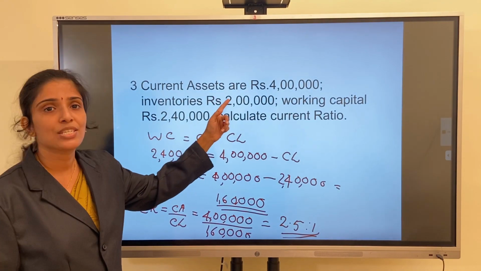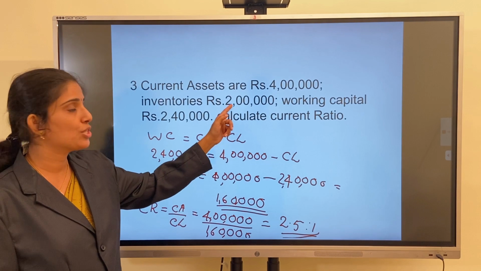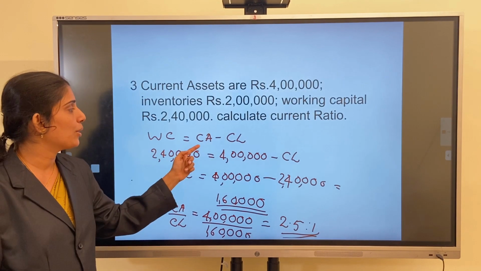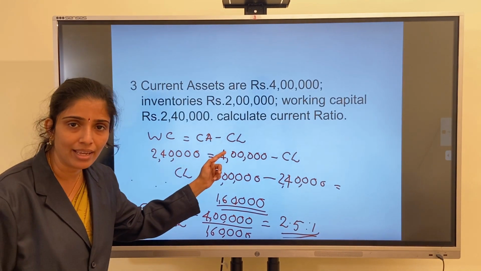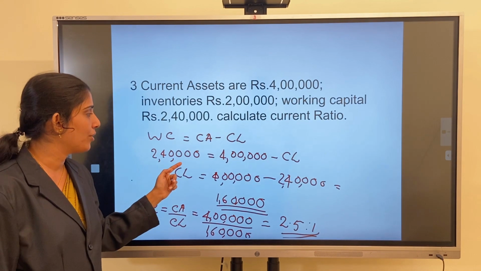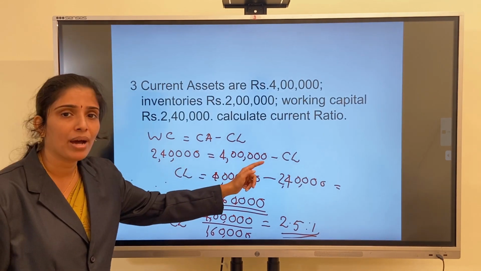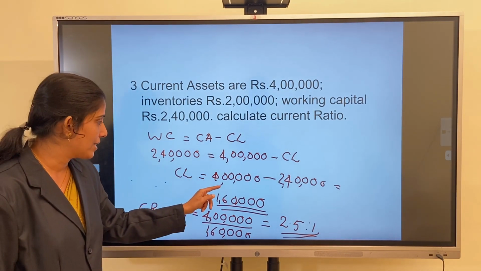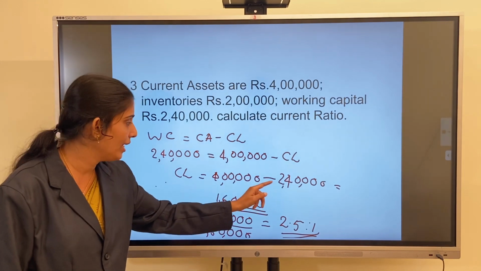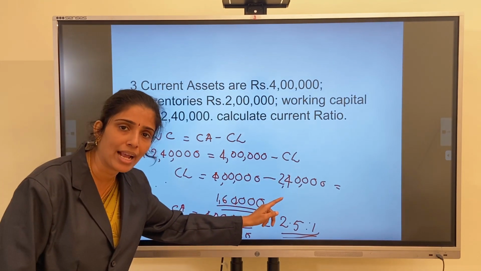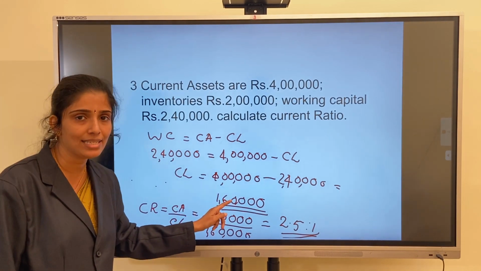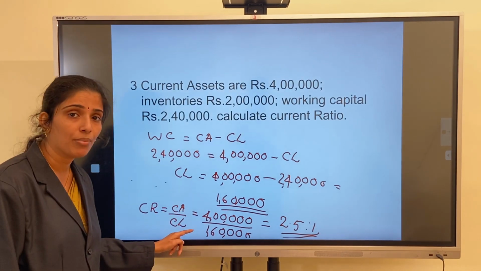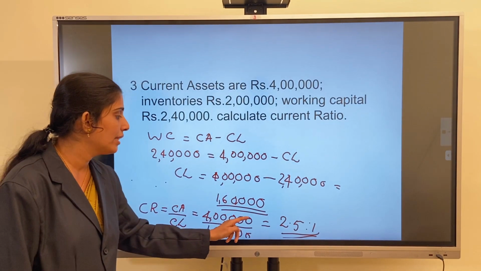In this question, current assets value is 4 lakhs, inventory value is 2 lakhs, and the working capital is 2,40,000. We know working capital equals current assets minus current liabilities. Then 2,40,000 equals 4 lakhs minus current liability. So current liability equals current assets minus working capital, 4 lakhs minus 2,40,000, that equals 1,60,000. Then current ratio equals 4 lakhs divided by 1,60,000,